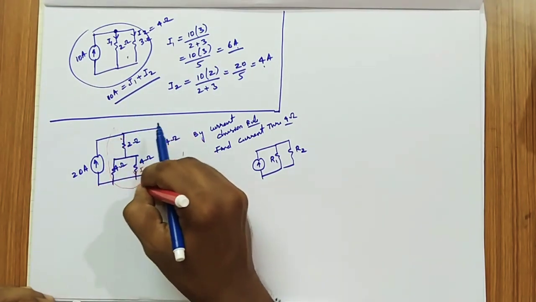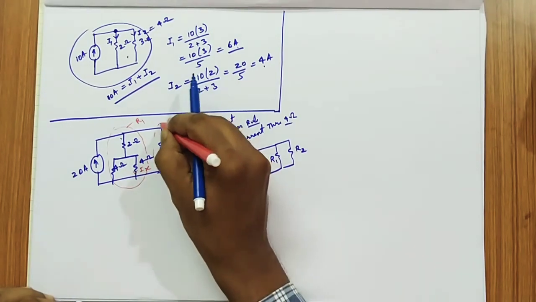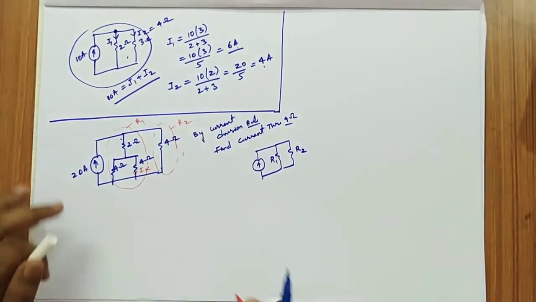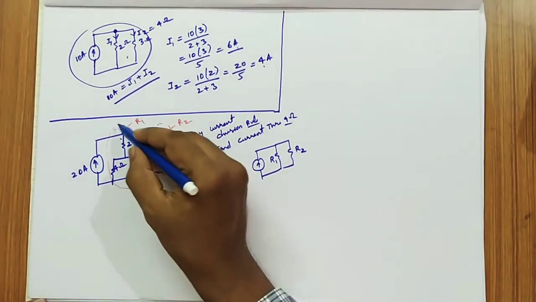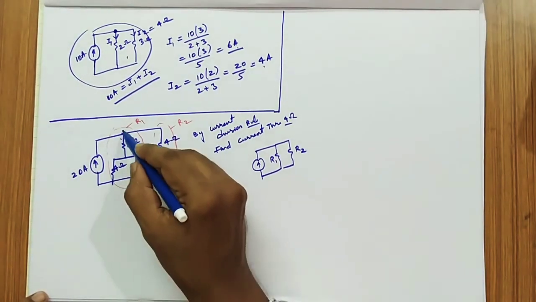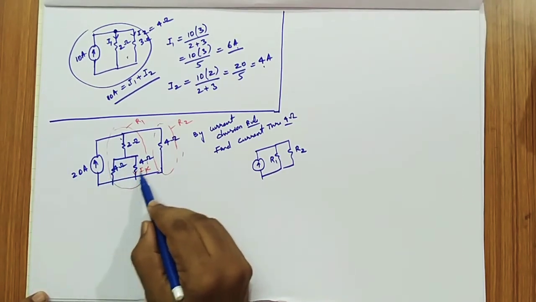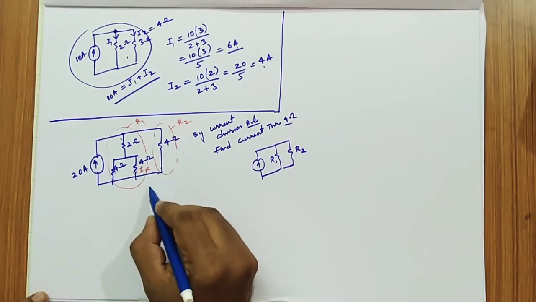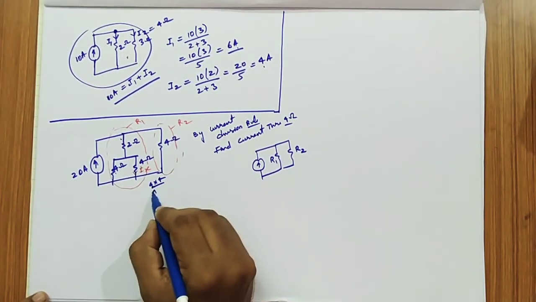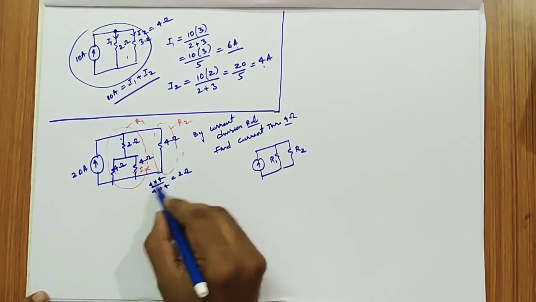So this entire branch is R1 and this branch is R2. Seeing it, it looks complicated, but if you analyze carefully, it will be very easy. By the reduction technique, you will reduce this entire thing into one resistance. How? These two are in parallel. So 4 ohm and 4 ohm in parallel means 4 into 4 by 4 plus 4. So what do you get? 2 ohms you get. So 16 by 8.